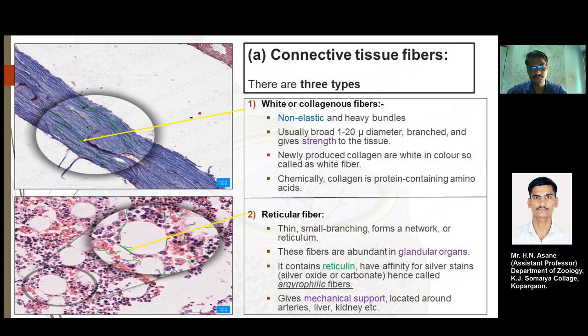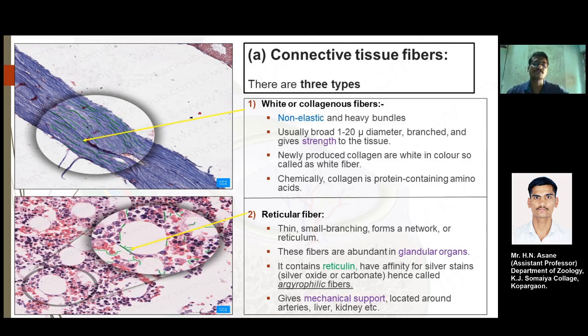the argyrophilic fibers. These argyrophilic fibers, which are nothing but the reticular fibers, give mechanical support, and are located around the arteries, liver, kidneys, etc. It means where there are arteries, where blood supply is there, where there is a need of numerous strength, like the liver, kidney, and most of the organs, this reticular fiber is giving support to the various forms